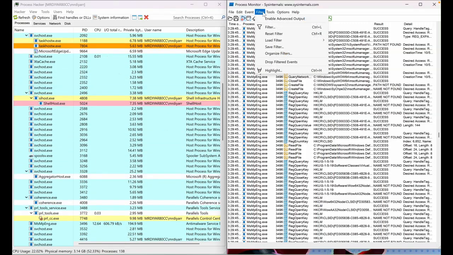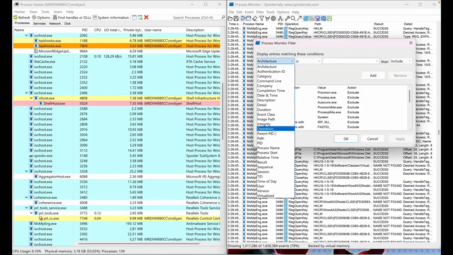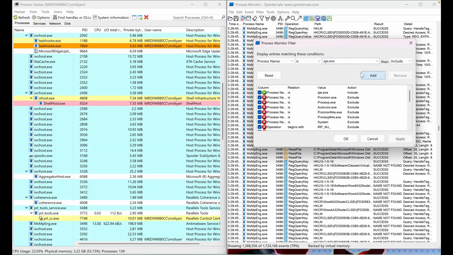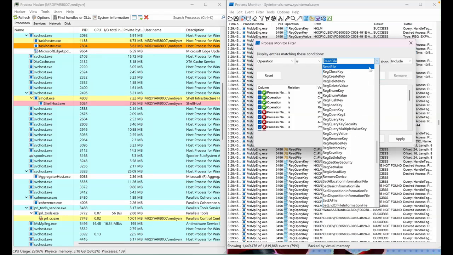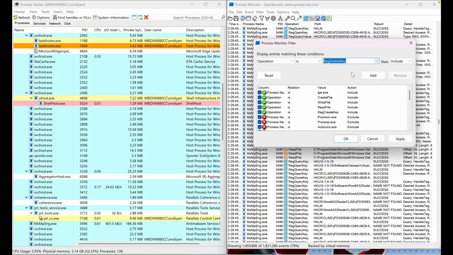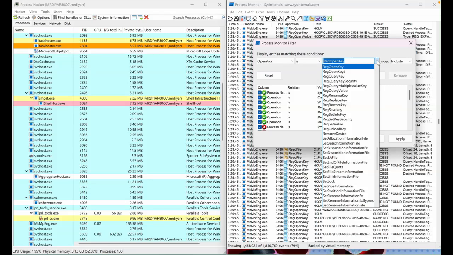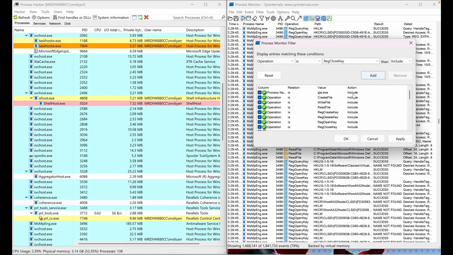So let's try to click a filter, and the process name is very important to us. Get a process name age.exe, and actually the operations are create file, write file, read file, and some others: registry, reg create key, reg delete key, reg open key, and reg close key. Yeah, that's enough. And just click apply